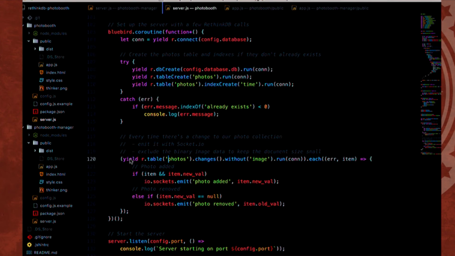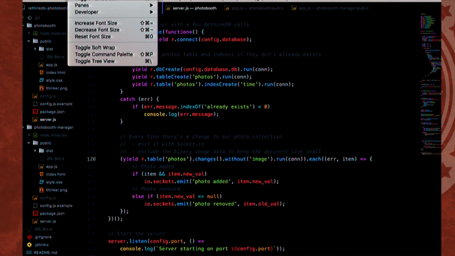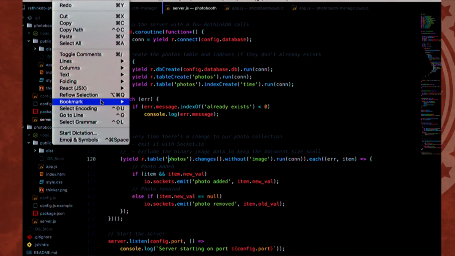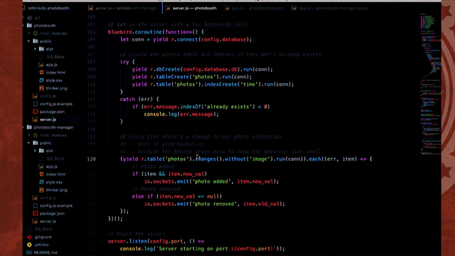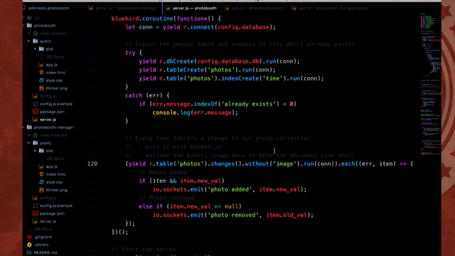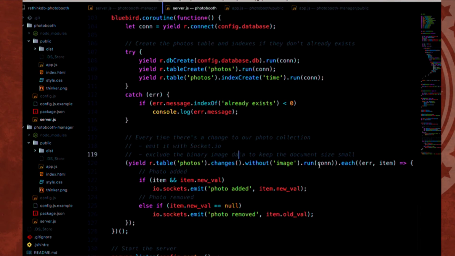OK, so here we go. In this case, basically, we're given a promise that we're going to yield, and what we get is a table where we subscribe to changes without the property image, because we don't want to have the binary data. Image is a property which stores the binary data on the photo. So we're just going to take each JSON document without the image property, and we're going to subscribe to it